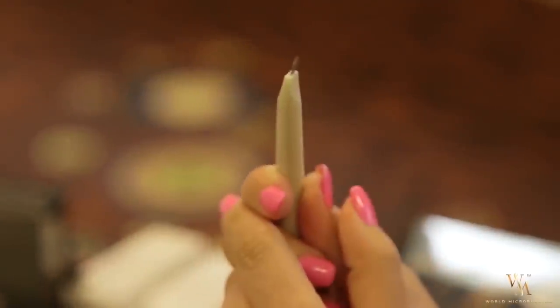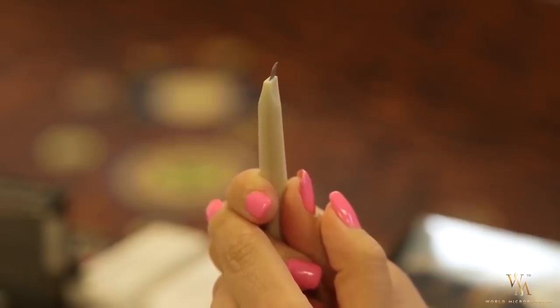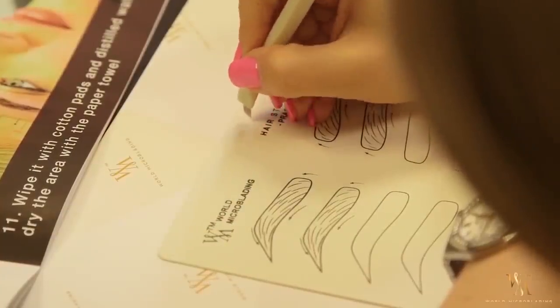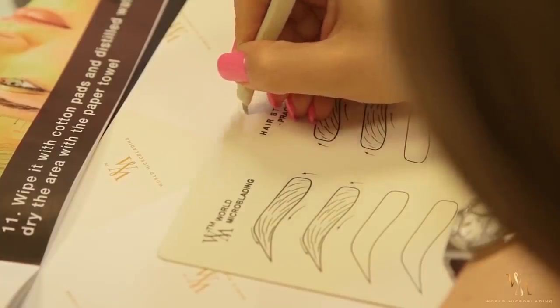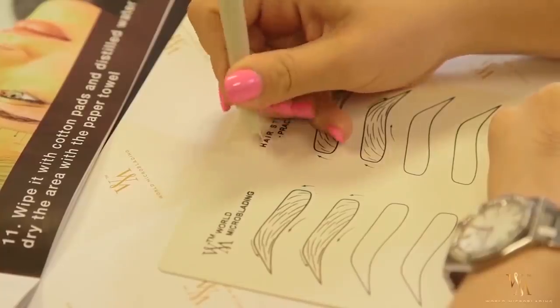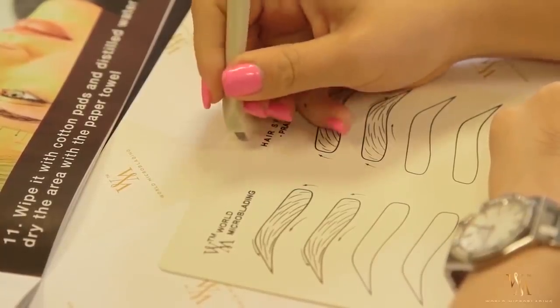It comes with a lid over here that I stop with my finger when I open it. If you look very closely, you're going to see that there are basically 14 very thin needles in a row that give you the effect of a very thin blade. If I'm pointing in the latex, you're going to see that they are quite flexible. So basically you're going to want to have this movement over here, okay, in order to achieve very nice, crispy and